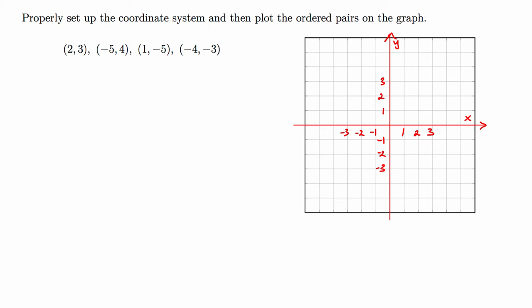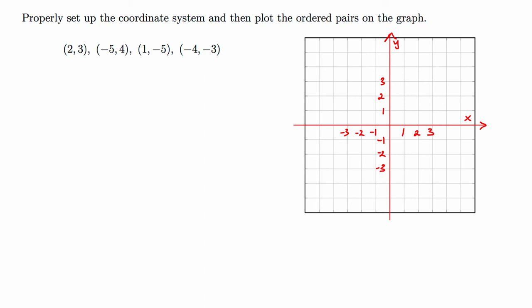You will definitely want to check with your instructor about the requirements for putting scales on axes. Some instructors will want it labeled in both directions, up to the edge of the graph. Others will accept other possibilities. No matter what you do, though, it needs to be explicitly clear how the spacing is organized. Now that the graph is properly set up, we can plot the ordered pairs.